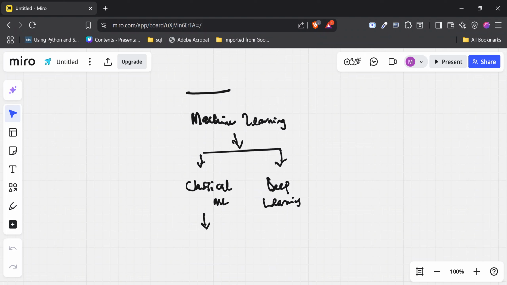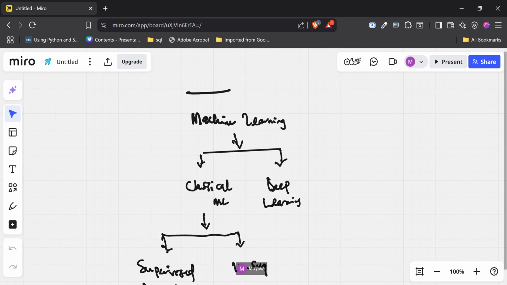Under classical ML, we also have supervised learning and unsupervised learning.